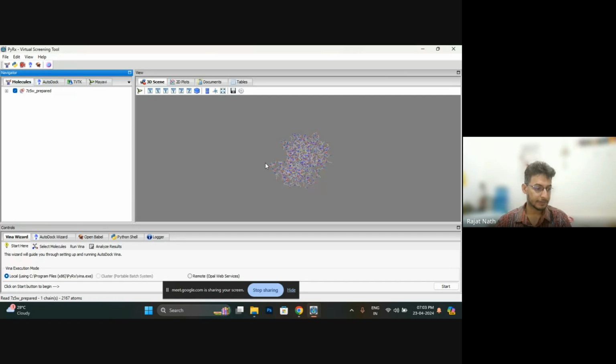Now right click on the protein, go to AutoDock and make it a macromolecule. Because it is a macromolecule, we have to define it as a macromolecule. So I am clicking make macromolecule. Okay, it has been converted into a macromolecule. Now we have to